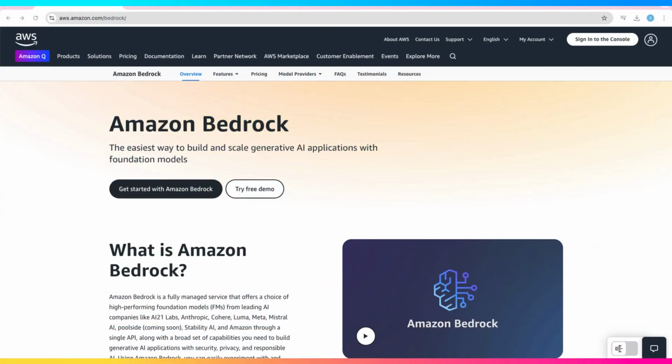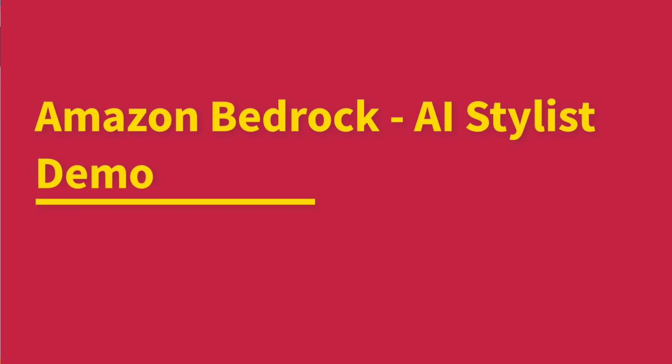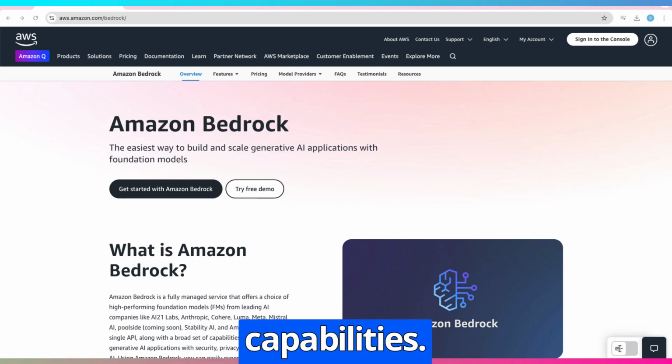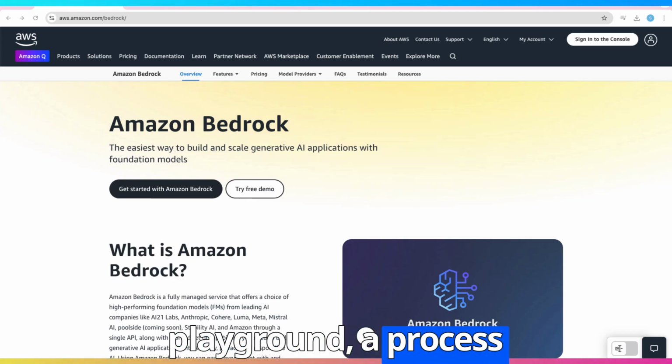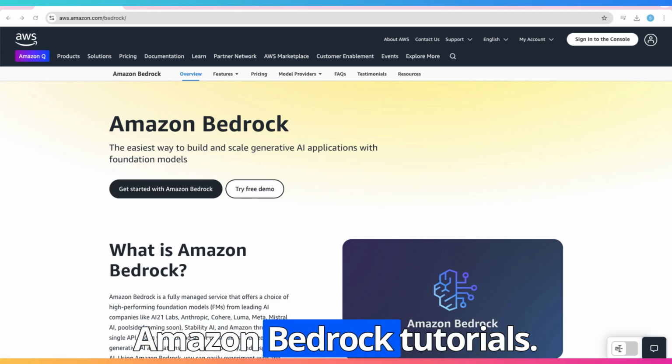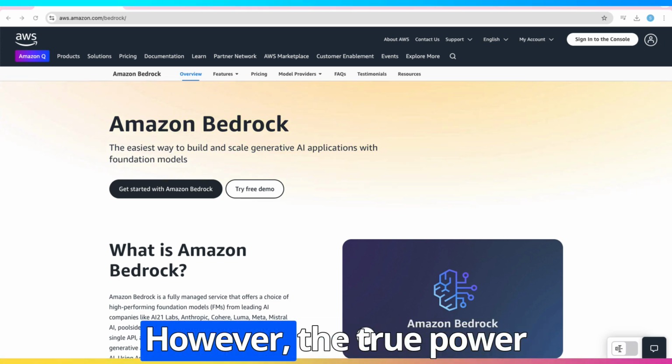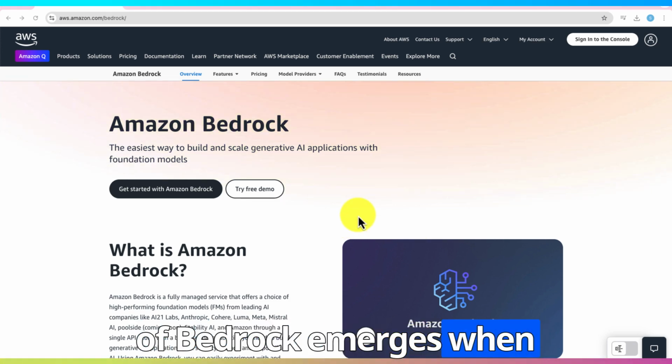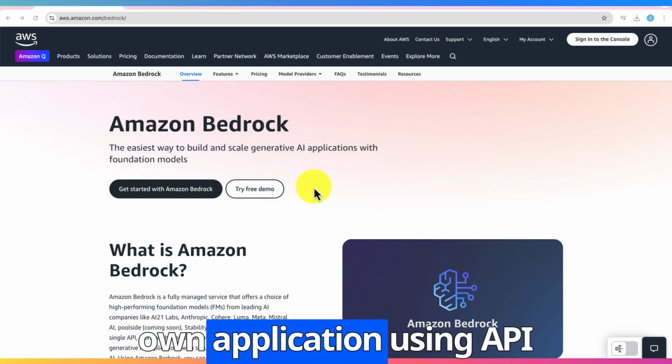Welcome to this hands-on journey with Amazon Bedrock, where we will explore an end-to-end business solution using AI capabilities. While the console allows us to experiment with various Bedrock features as a playground, a process we've explored in previous Amazon Bedrock tutorials, the true power of Bedrock emerges when you integrate it into your own application using API